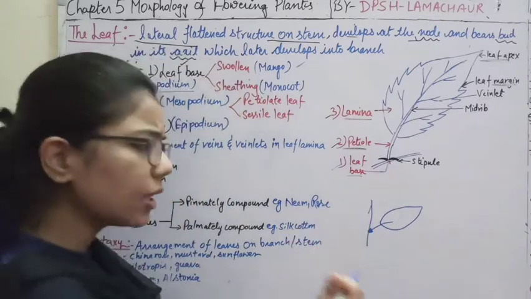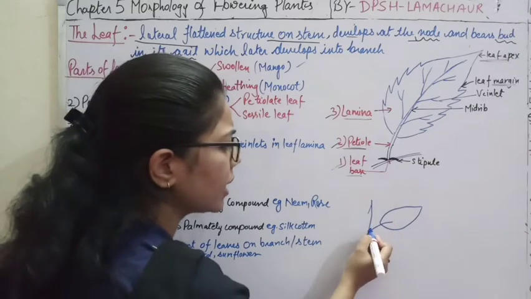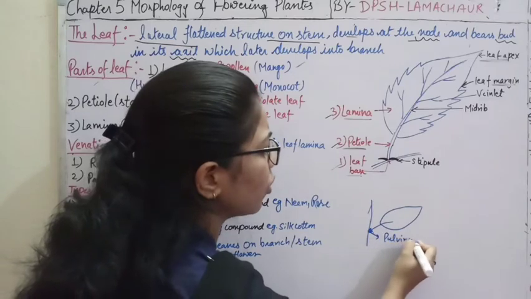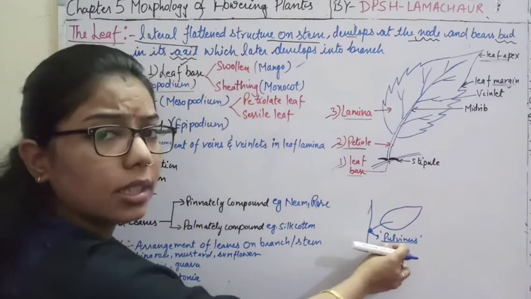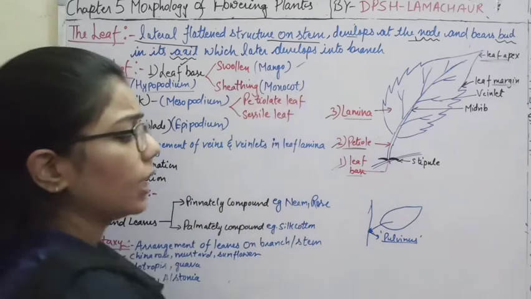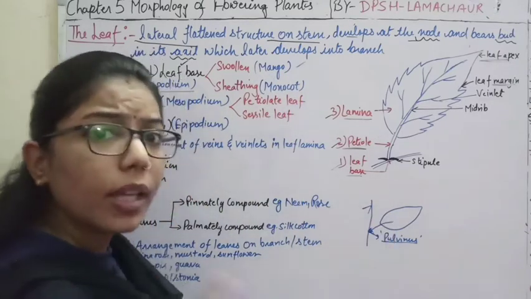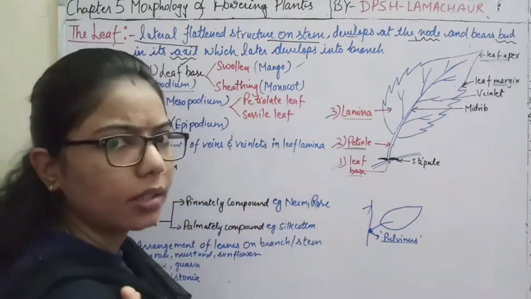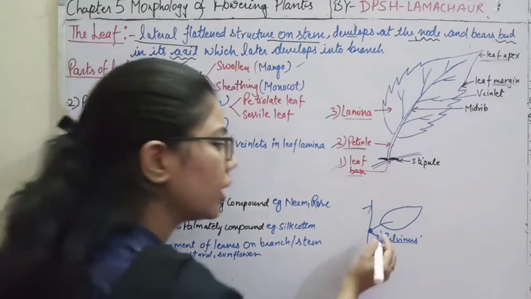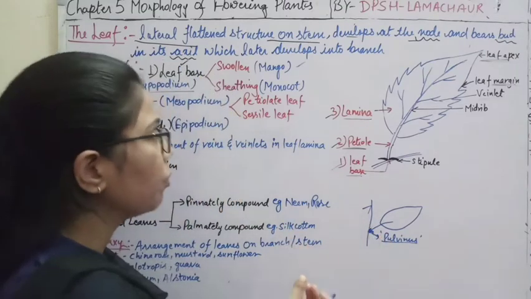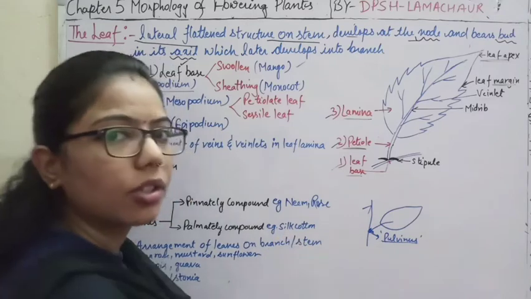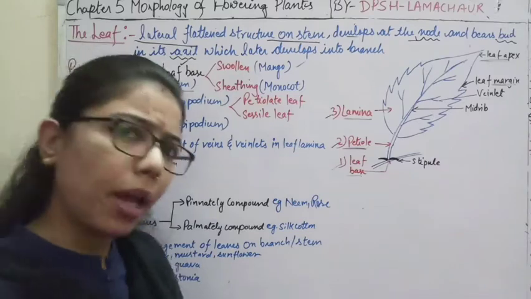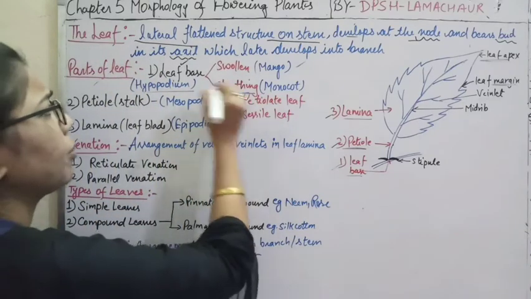When you pluck this leaf from the leaf base, you can see some swollen structure is there. It is known as the pulvinus. This is the structure present in dicots. It is a feature of dicots in some of the plants; it is not present in all plants. This swollen structure at the leaf base is known as the pulvinus. An example is mango.